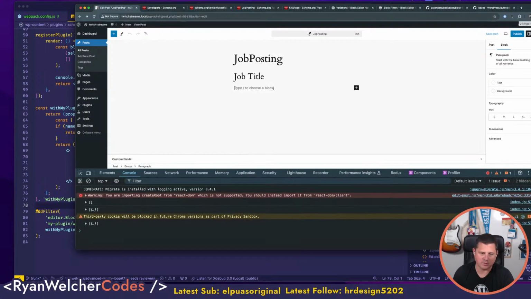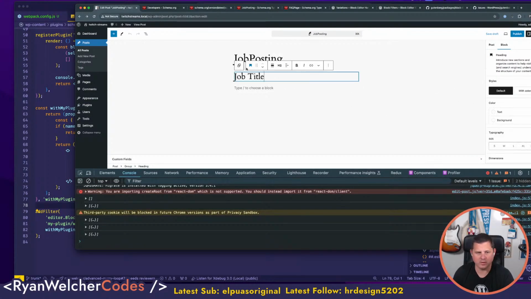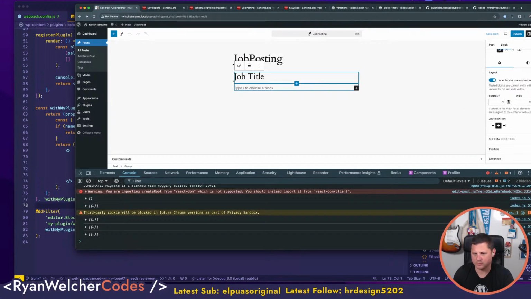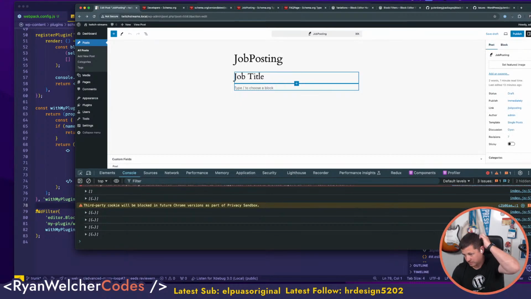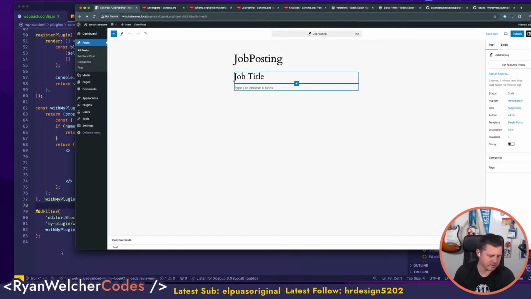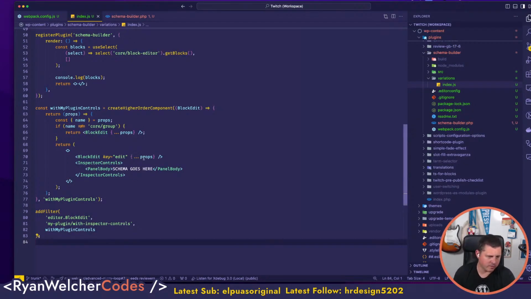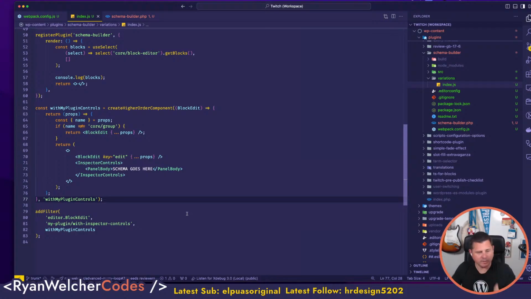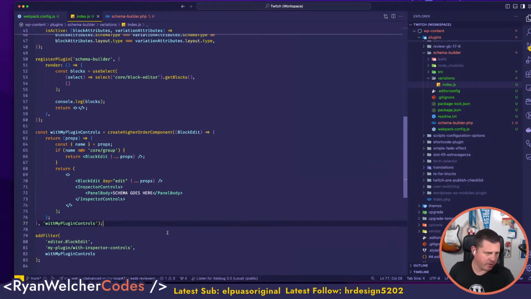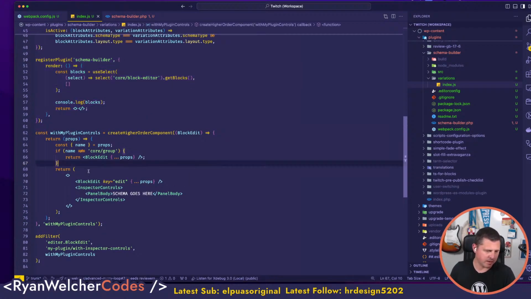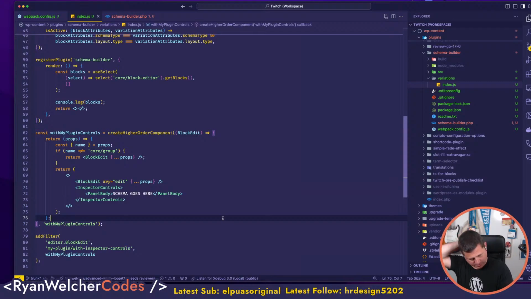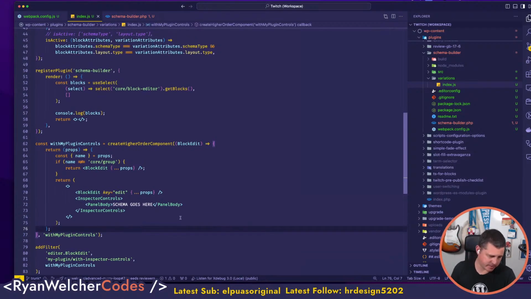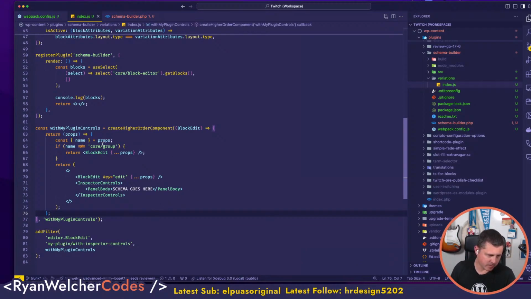So now this shouldn't appear here or here. It should appear somewhere right there. So that's where that would go. And then inside of this, right? So we could do this, and then so this inspector controls thing. So in here, I could, you know what? I could do it without this thing, because now that this is inserted on the edge, but you probably want to do it in two places. But anyways, that doesn't really matter. So in here, I'm gonna just